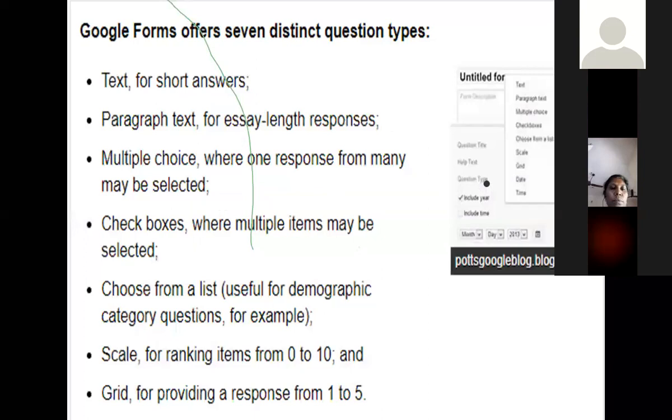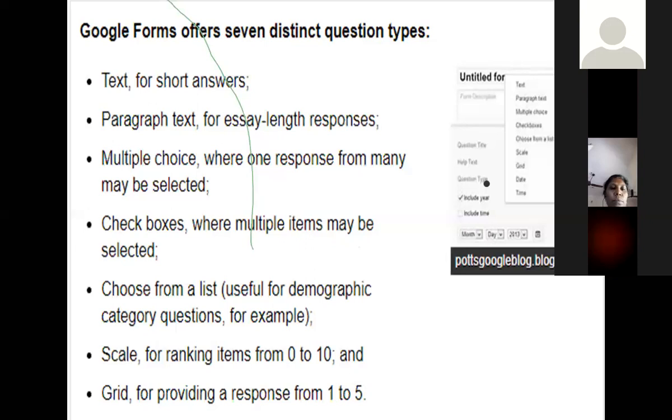Mainly these Google forms are used for getting feedbacks or doing a particular survey or for creating a quiz. So for different purposes we'll be using them. Depending on the purpose, you have to select the questions. So what are the different types of questions that are possible for us to create? Here it is listed, some 6 to 7 types of question we can create.